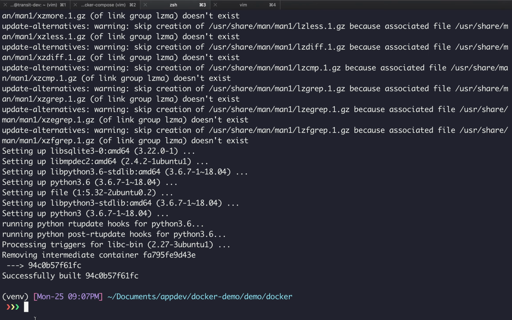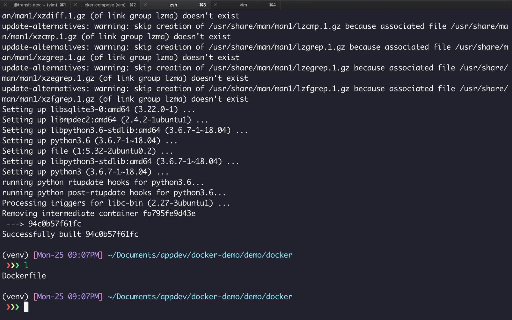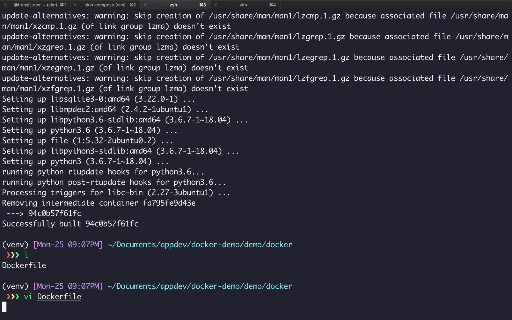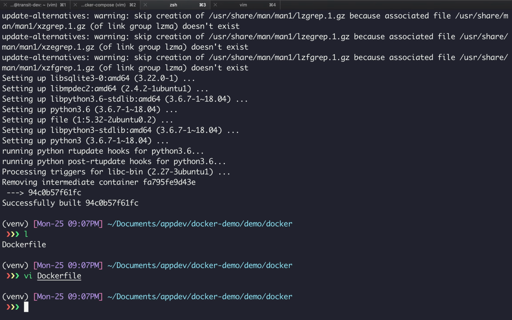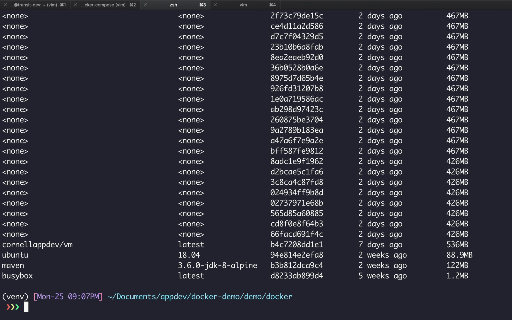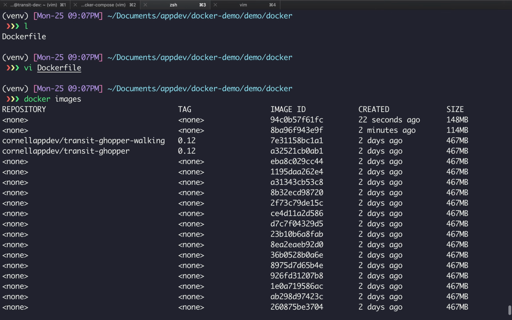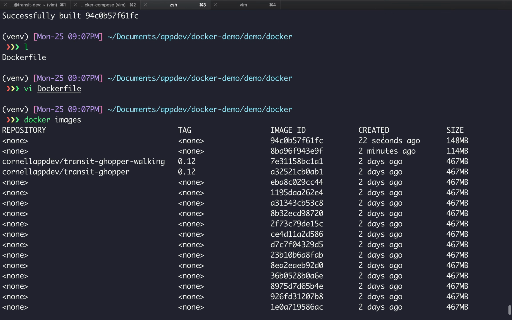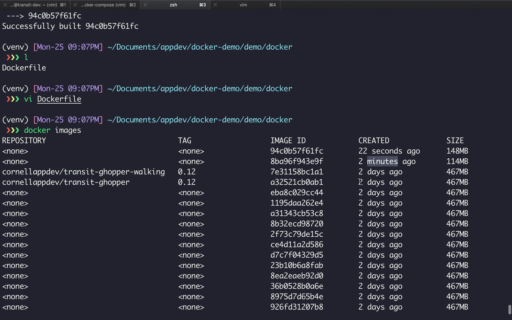And hopefully, okay, great. So everything finally installed. So we have a Python Docker file. Like I mentioned, we can actually tag this image. If I run docker images, I can see all the images. Okay, this is not good. Well, we can see the newest one that I just built, 22 seconds ago. The other ones are miscellaneous. Okay, so we have this, and then we can actually tag this.